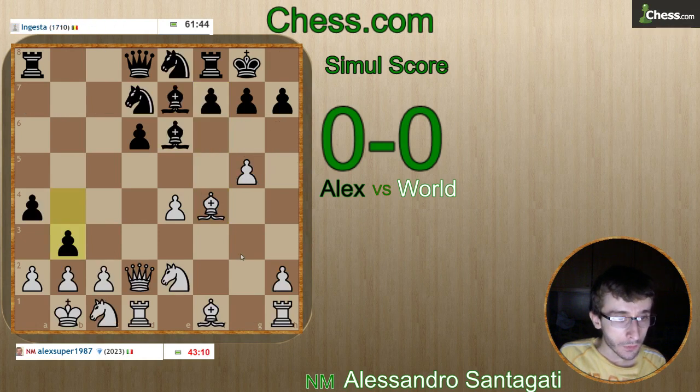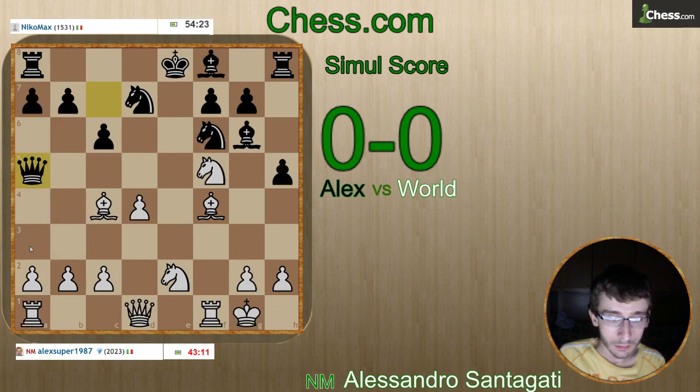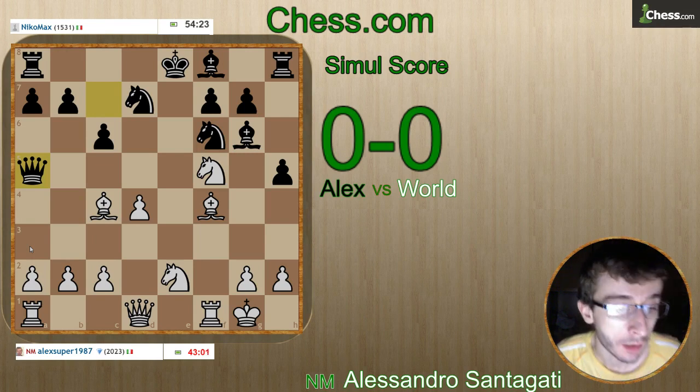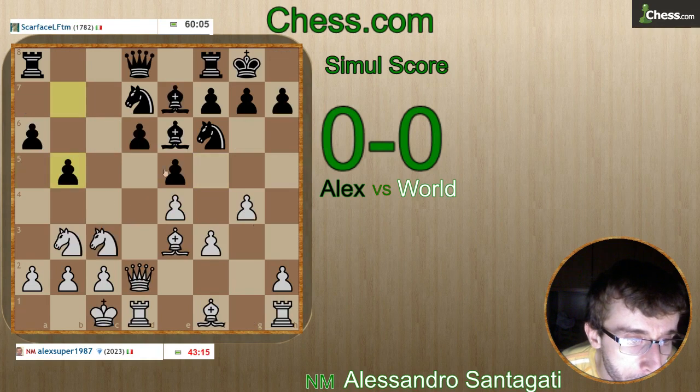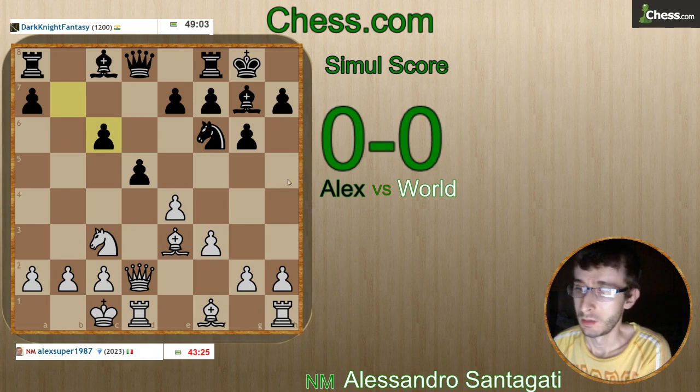Okay, here, correctly push. I play e3 to block the a file. And in this position, I play something like, okay, knight d6 check. It can be good, maybe. I can block the king in the center, or yeah, I think this move can be good. Okay, b5. I play g5, and